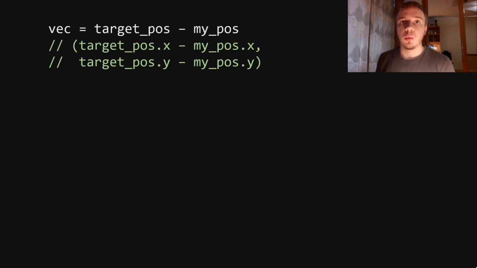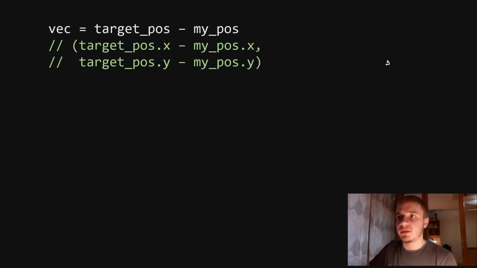First we compute a vector by subtracting the position of the entity from the target position. Basically it means the x component of target position minus the x component of my position, and so each component gets subtracted, and if it's in 3D then there's also gonna be a z component. So why do we need this vector? Say this is our target and this is the entity, and it wants to go towards the target.